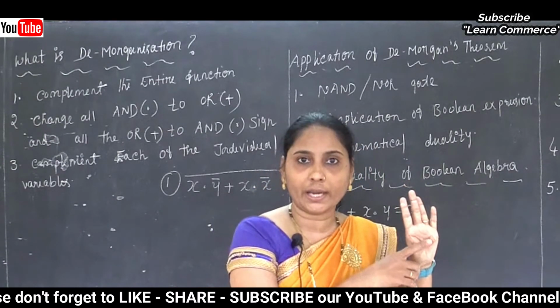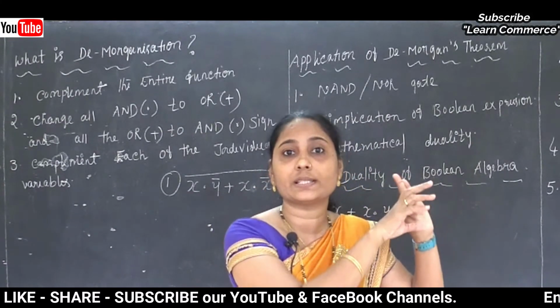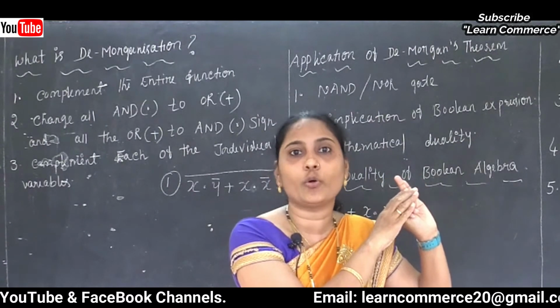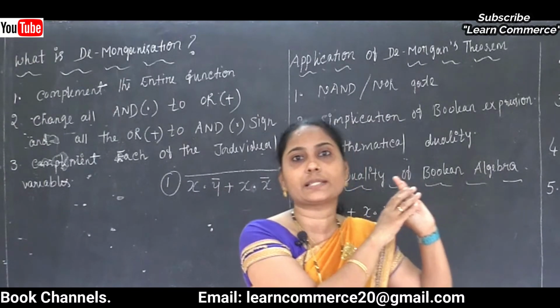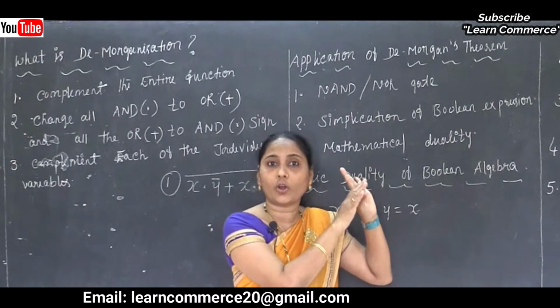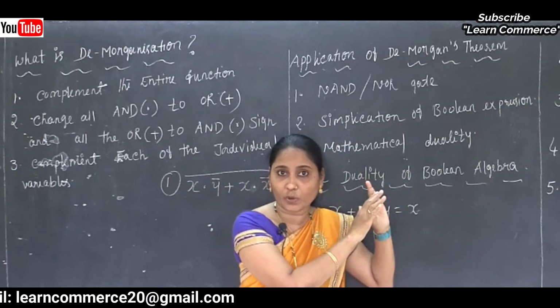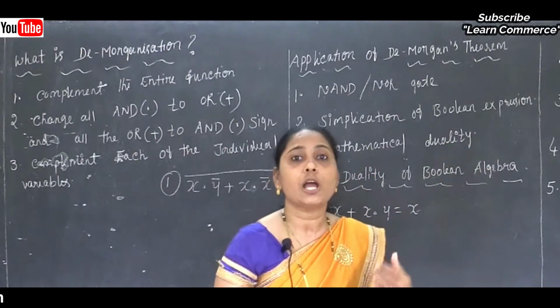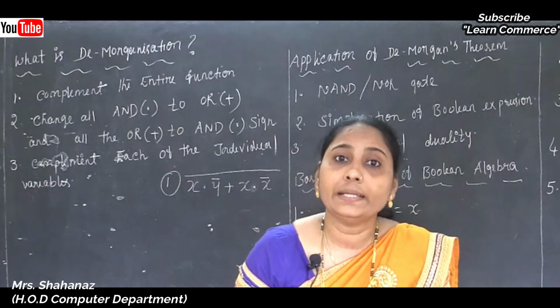One is the NOT gate, second one is the AND gate, third one is the OR gate. And by using all these gates, we are also going to construct some other gates like our NAND gate, NOR gate, XOR gate. Clear this point here? So by using basic gates, we can construct some other gates, and such gates are called derived gates.